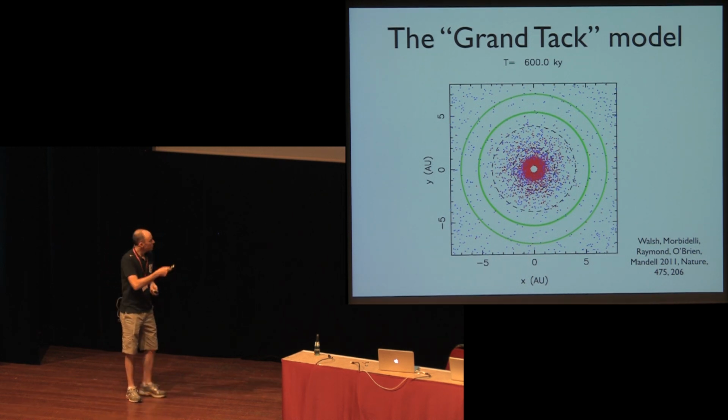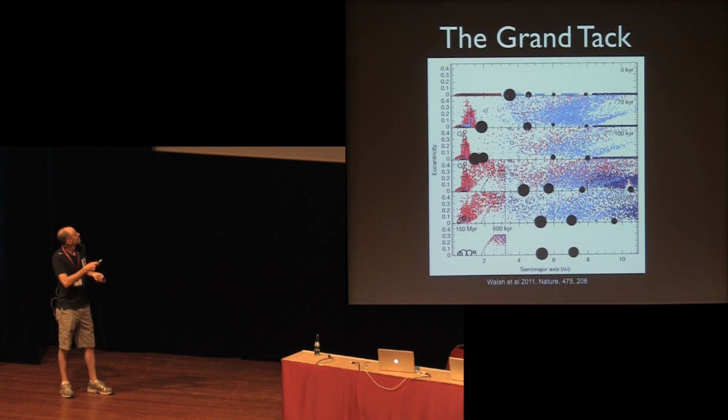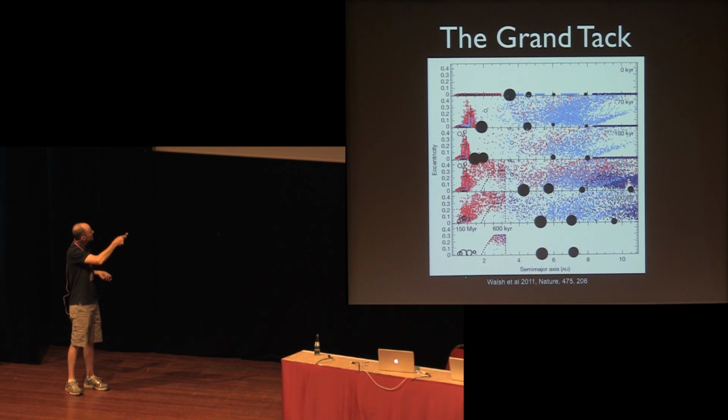The blue bodies end up preferentially in the outer belt and the red ones in the inner belt. To look at this in eccentricity versus semi-major axis snapshots: Jupiter migrates inward, Saturn catches up, they go back outward and are stranded at some distance. And you naturally truncate the inner disk at 1 AU, which is what you need, and you refill the